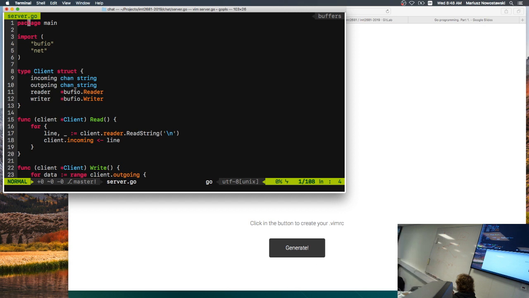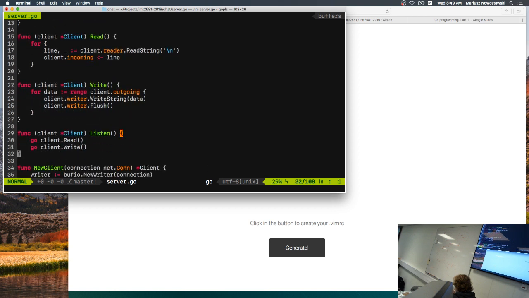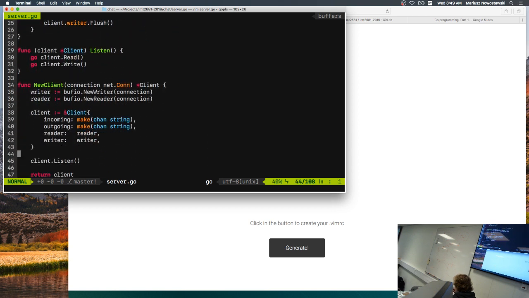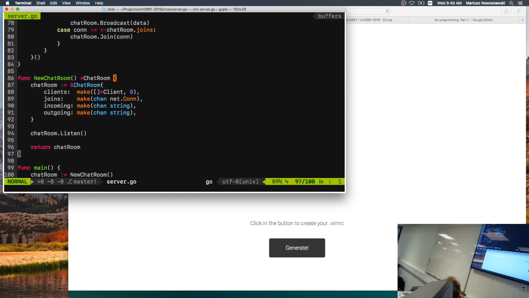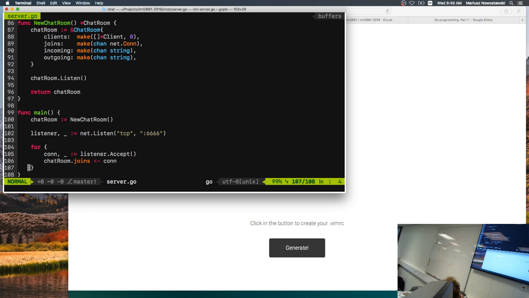So let's see the part responsible for wiring it up. You have some functions at the top, and then at the bottom you have the main function, which sort of starts everything up. So let's start with that one, right? So the main function